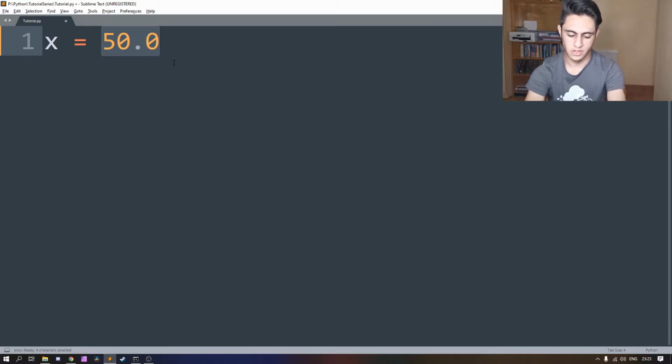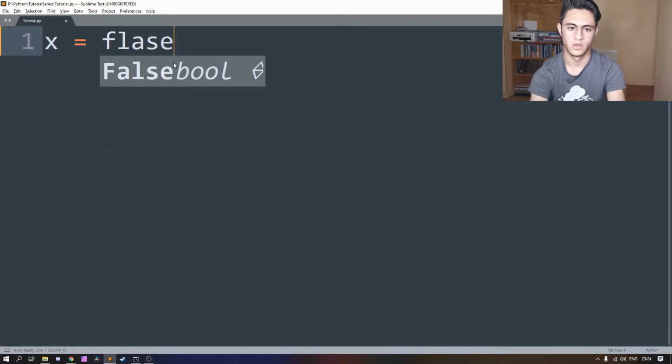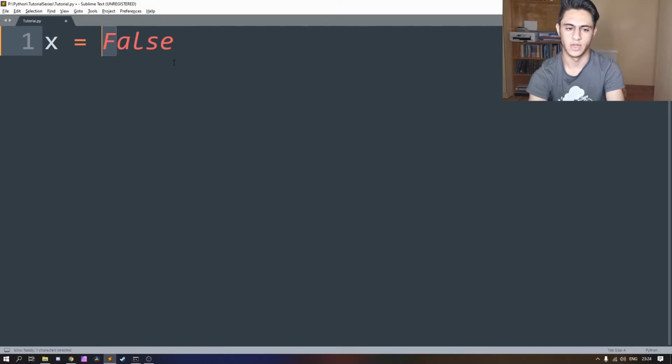And there is Boolean, which is true or false or on off. So you just put True, or equally you just put False. This will be useful later on in our conditional loops. But the thing in Python is that you can't put lowercase false, you have to put False. The F has to be a capital letter, which is super annoying, but hey, that's how Python runs. Anyway,